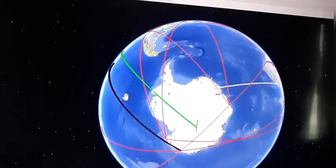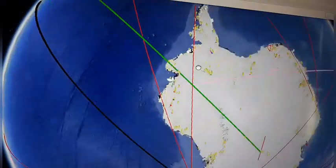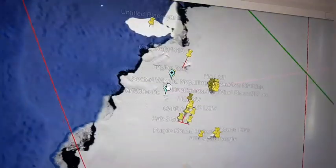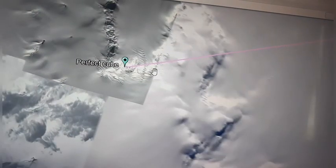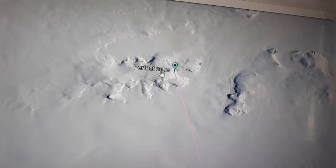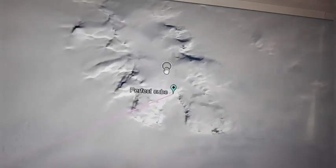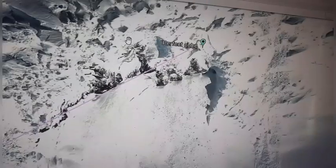Okay. So let's go down to these findings. Okay, I'm still not sure how so many people think that there's not some type of civilization that either was here or that still is here, which I believe they still are here. But this right here,